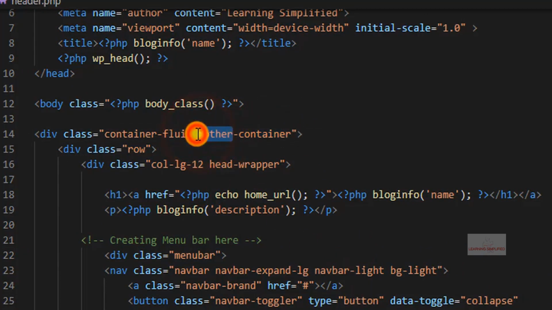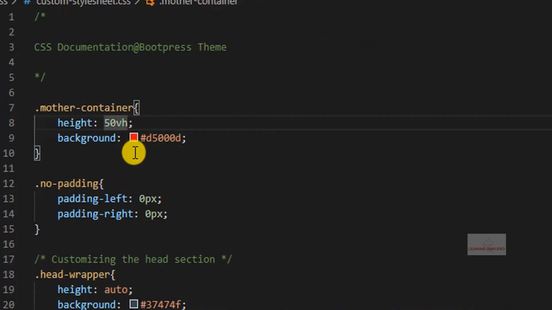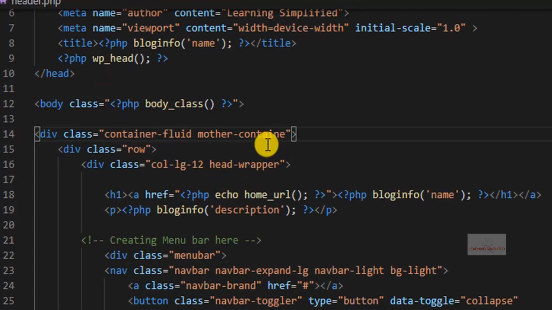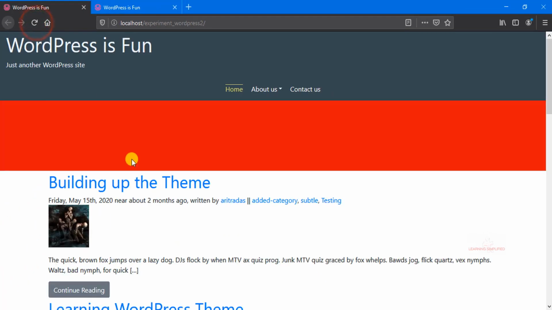But one thing I must say, this is why I always repeat saying that you should always copy the class elements and place them into your project. So this is the class name here. We will be copying it and we are about to paste it right over here. Now if we head back to our project and reload, we can see that we have practically created this container,